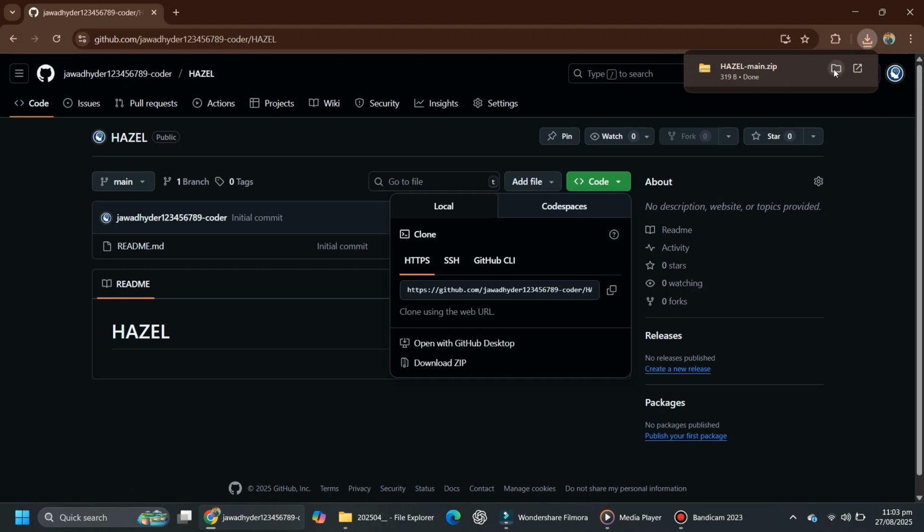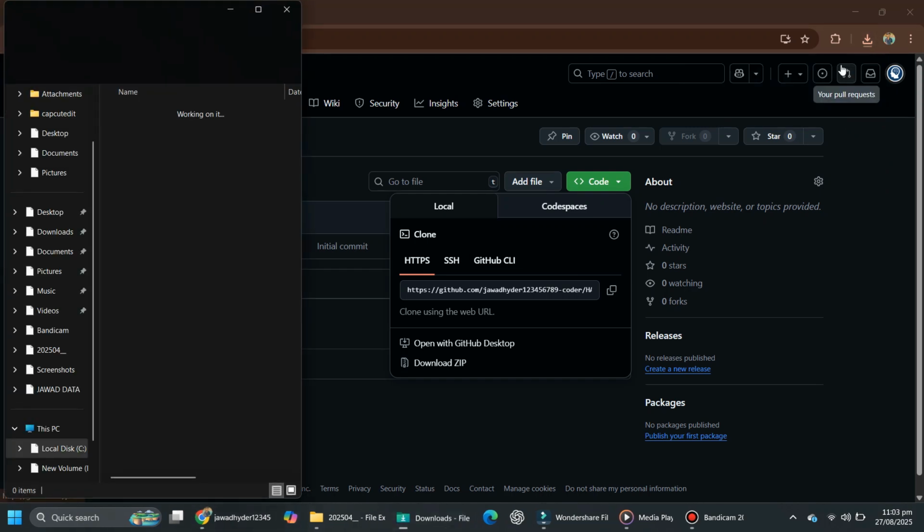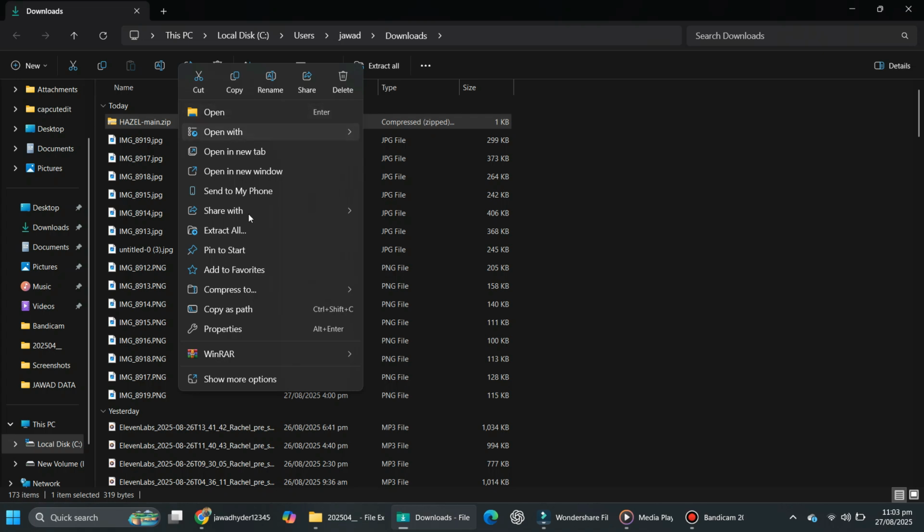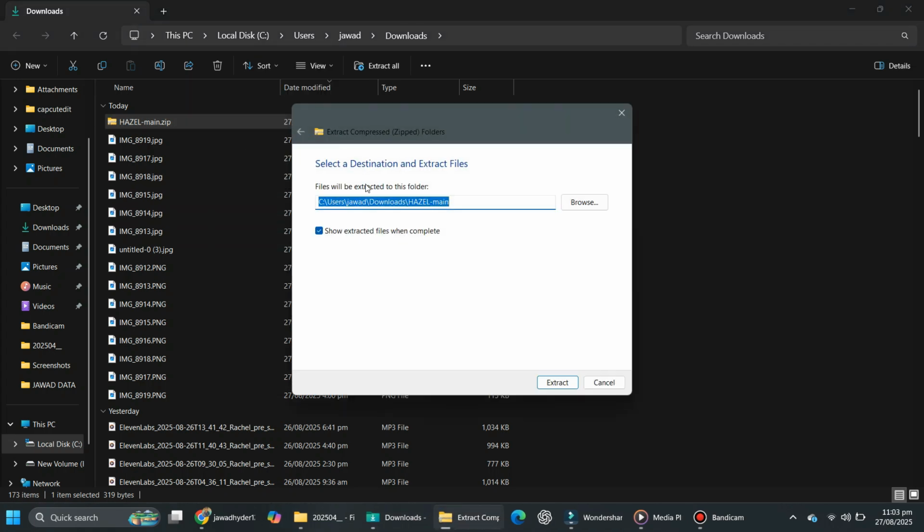Once the download is complete, go to the folder where it's saved and extract the zip file. After extracting, you'll have a folder containing all the project files, ready for you to access and work with as needed. And that's how you can easily download any